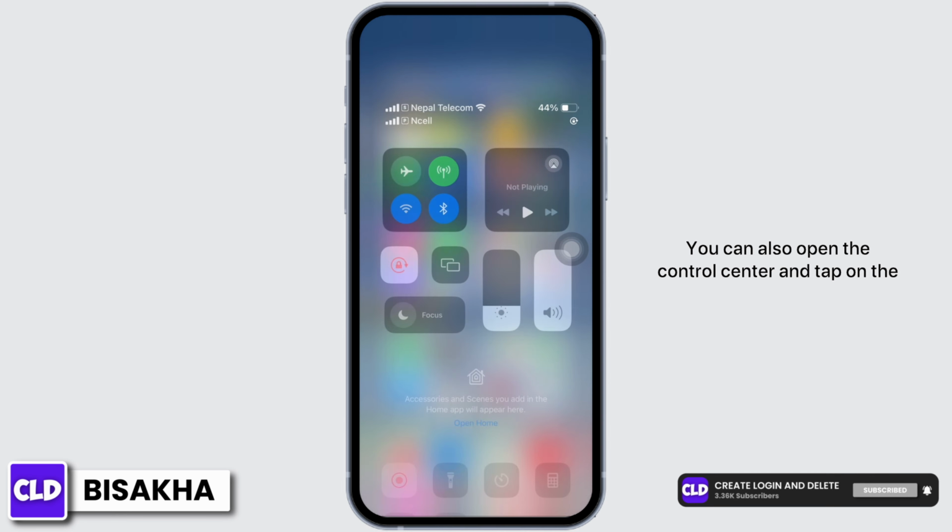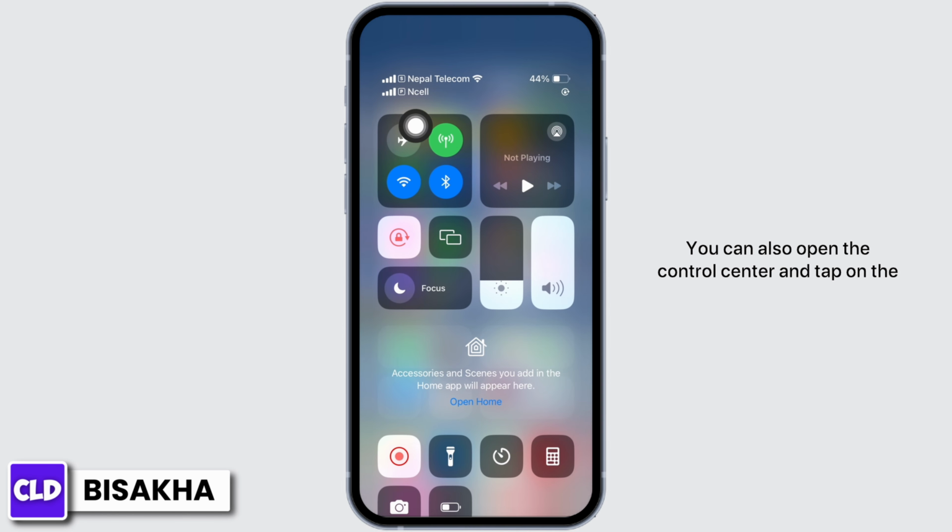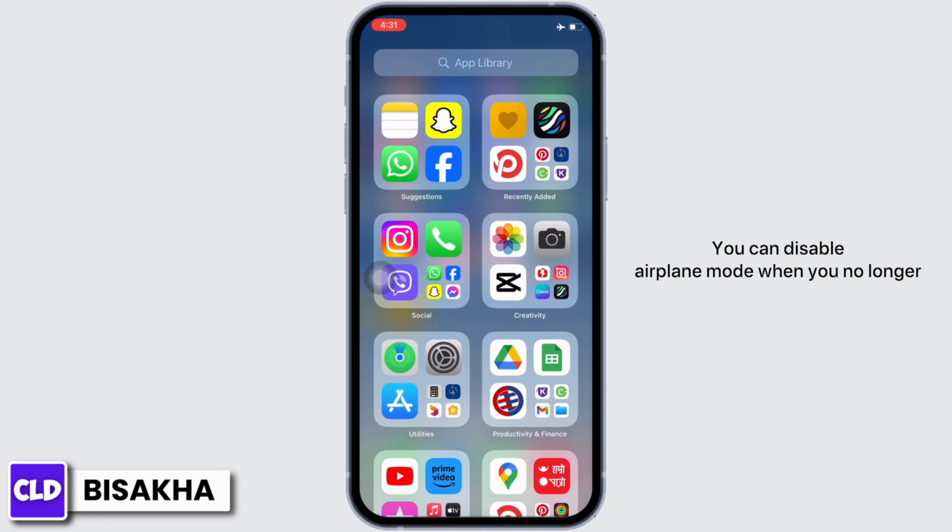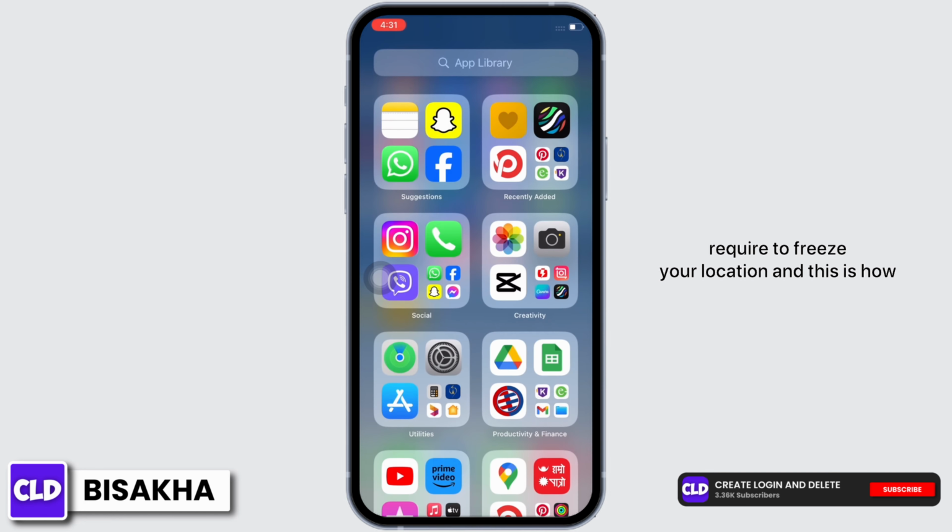You can also open the Control Center and tap on the Airplane Mode option in order to disable the available networks, which will further freeze location on your iPhone. You can disable Airplane Mode when you no longer need to freeze your location, and this is how you can